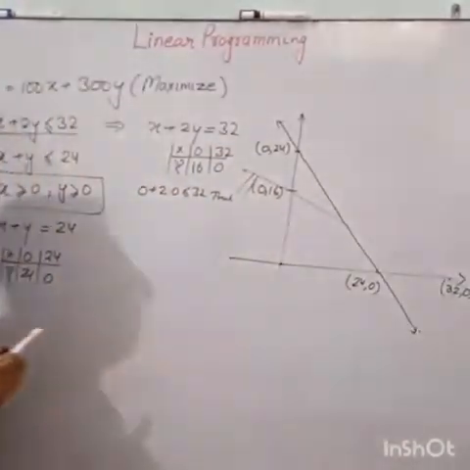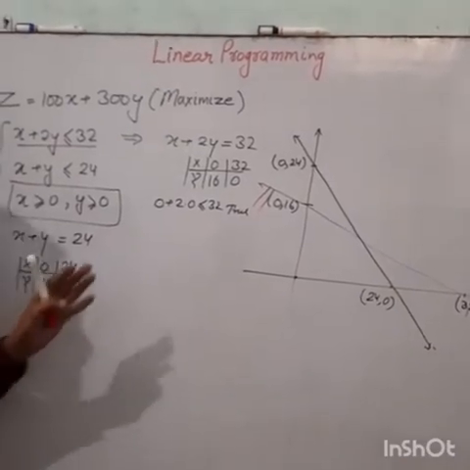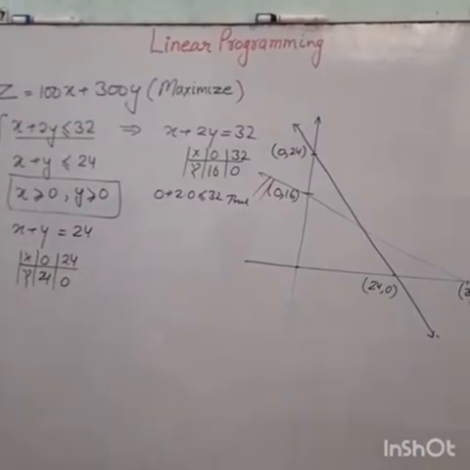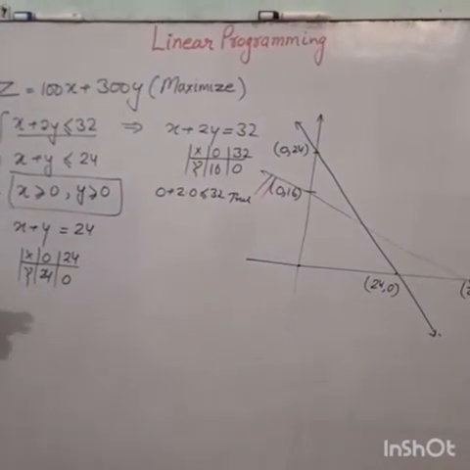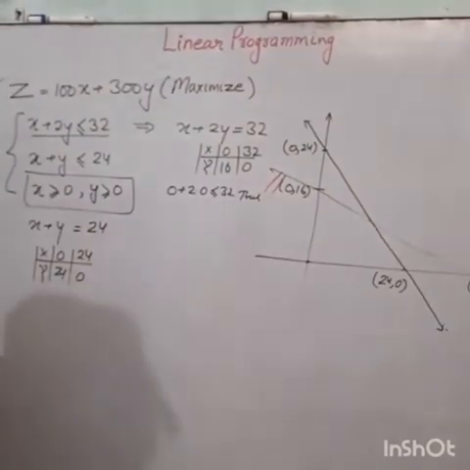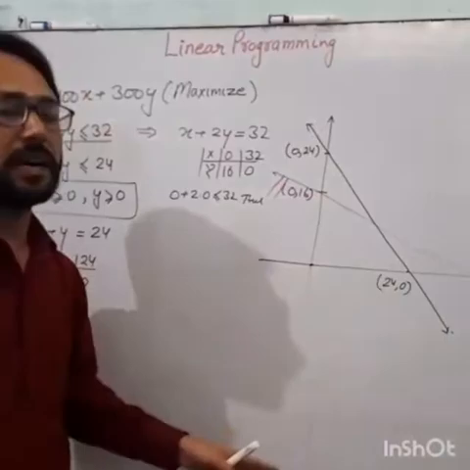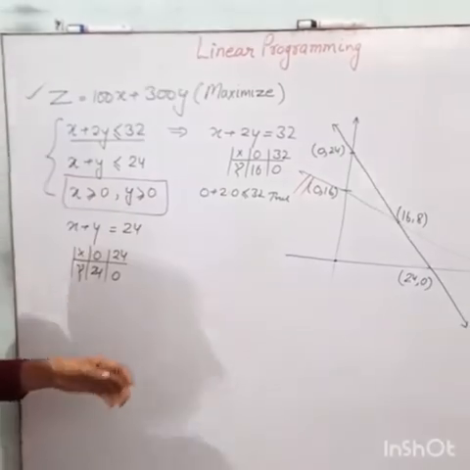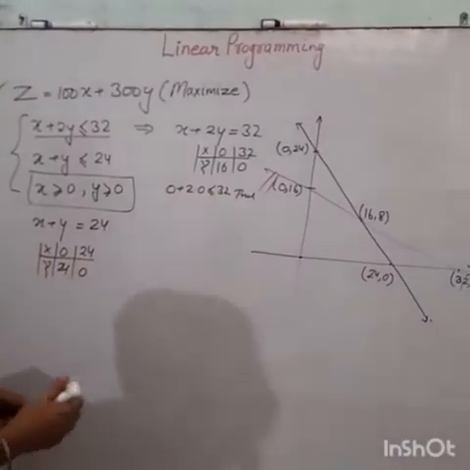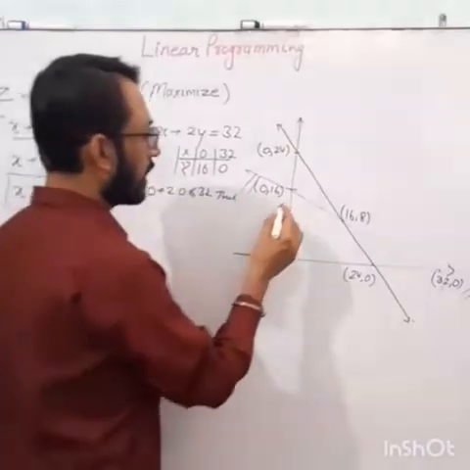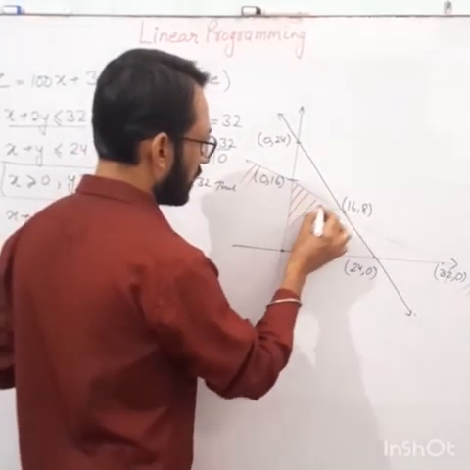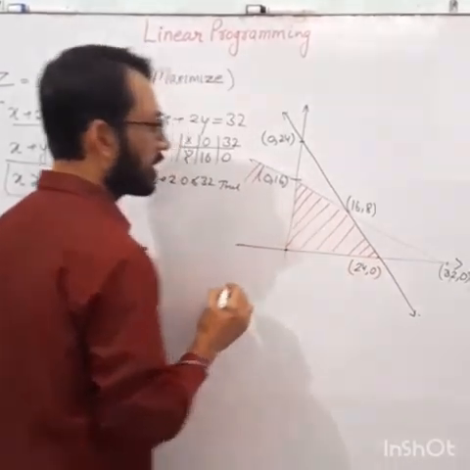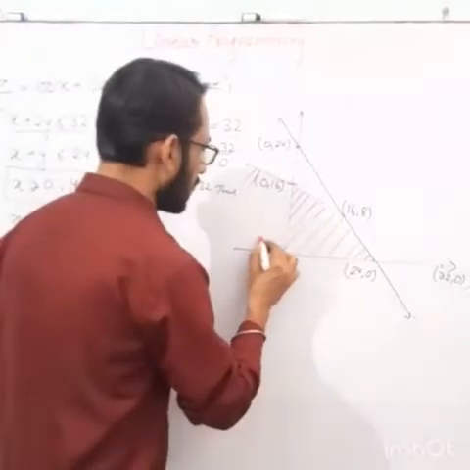So this is the overall graph. The graph must be made on graph sheet only. Now where the intersection point will come on the graph, we will easily be able to see. So now we have made the graph and the shaded region for this particular condition will be this. This is the feasible region for the particular graph.